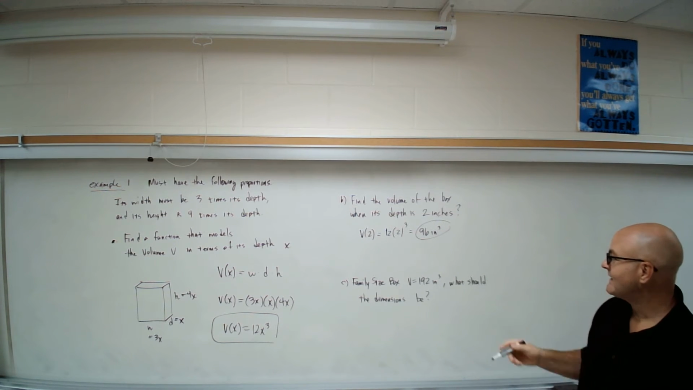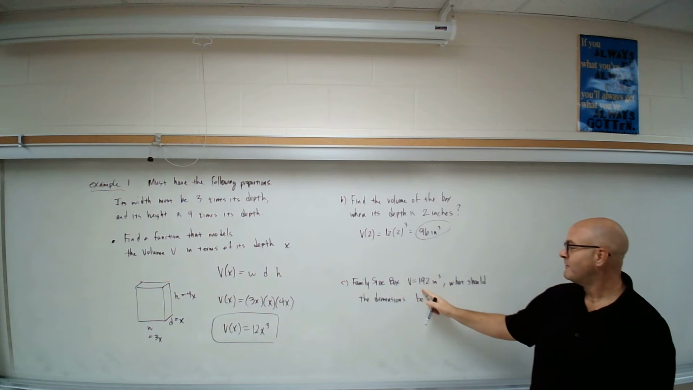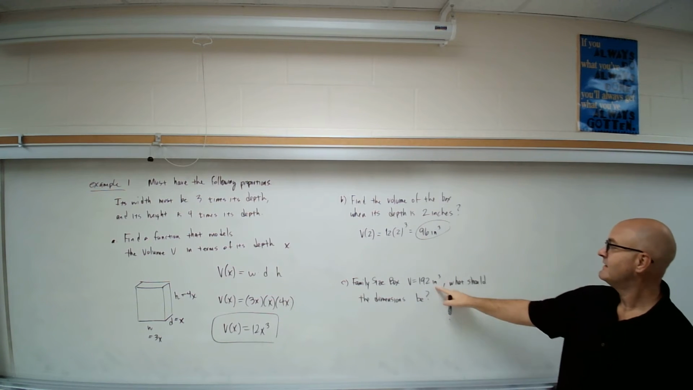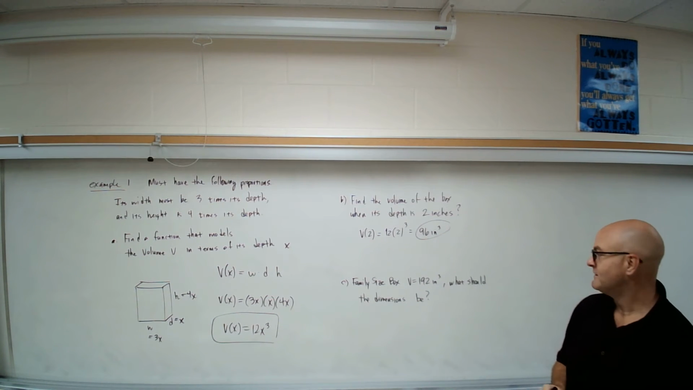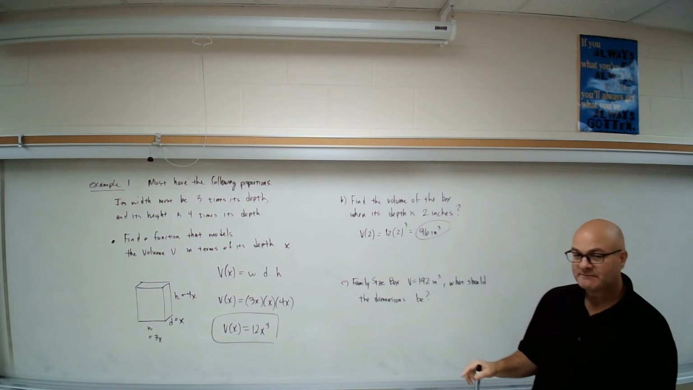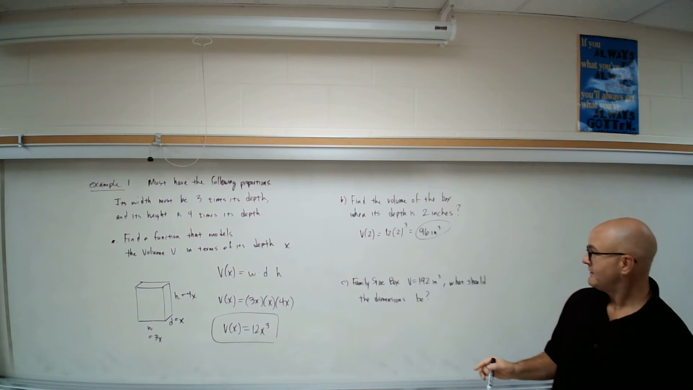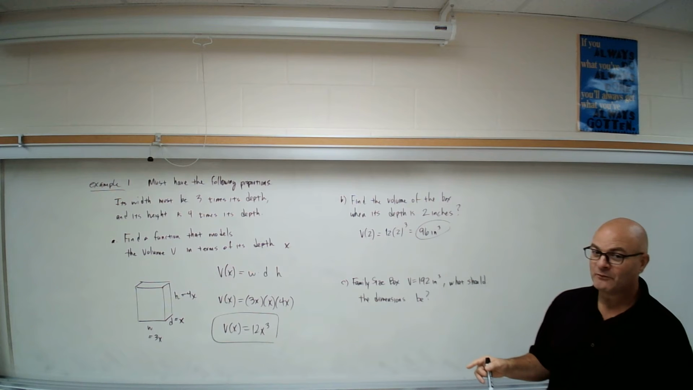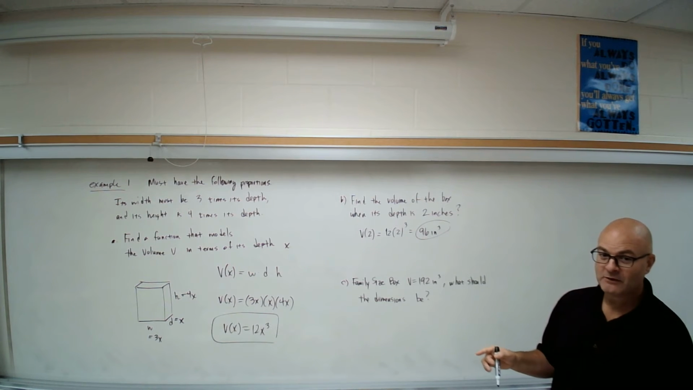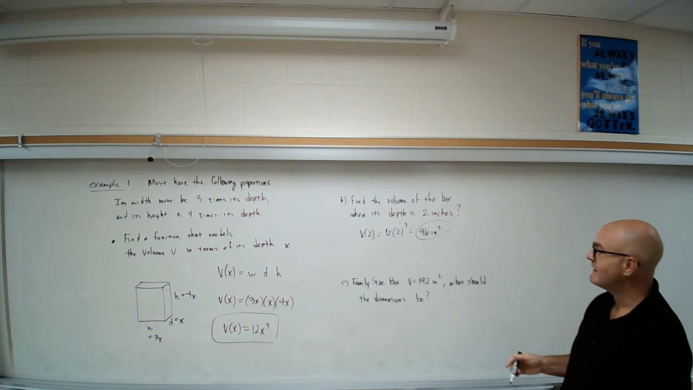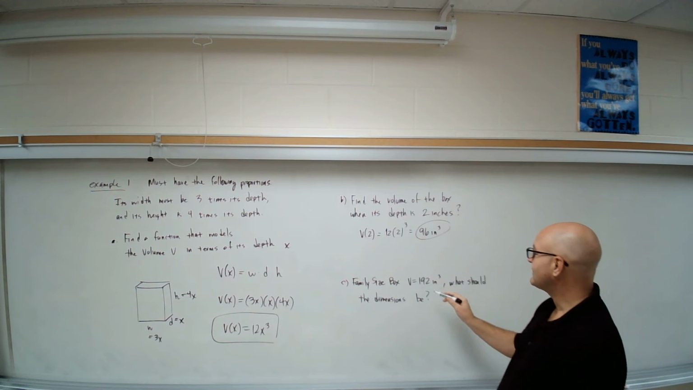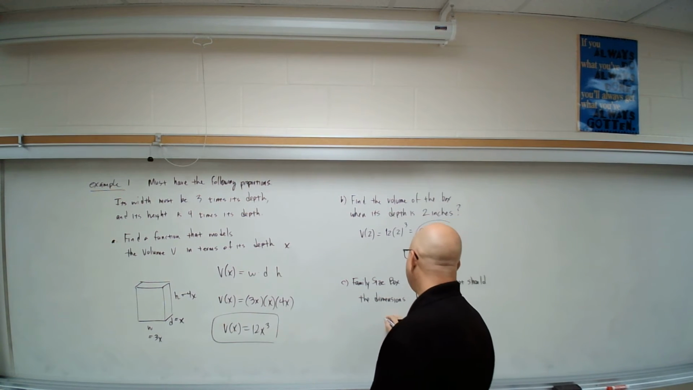All right, and part C tells us a family size box has a volume of 192 cubic inches. So you can see it is twice as big. What should the dimensions be? Now, you guys know we don't double all the dimensions, right? That would cause a problem. You could investigate that. But what this will tell us here is that in this case, V of x is 192